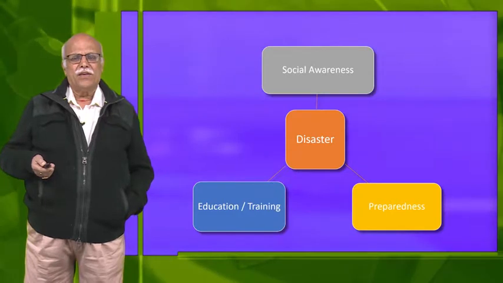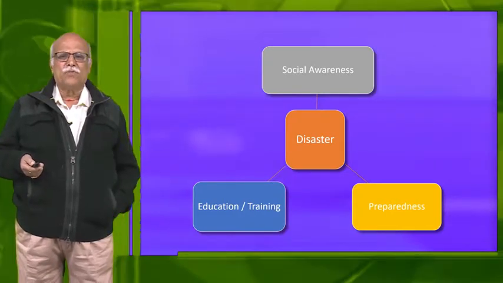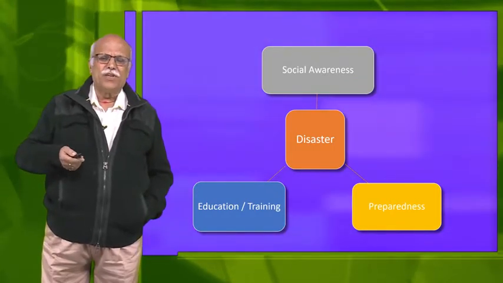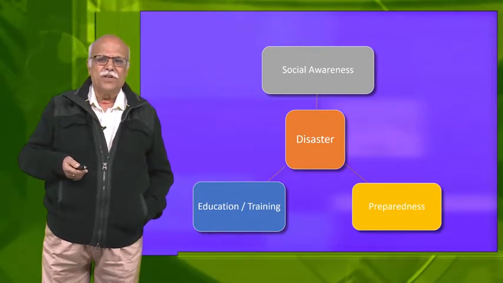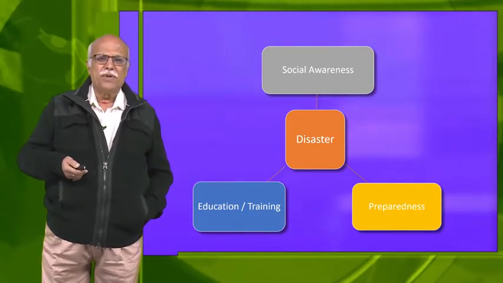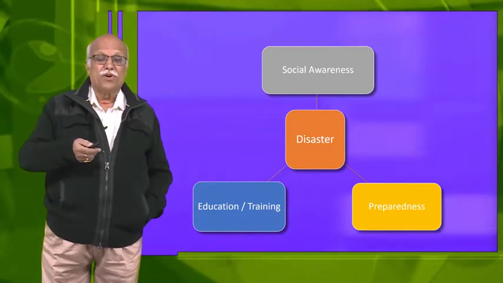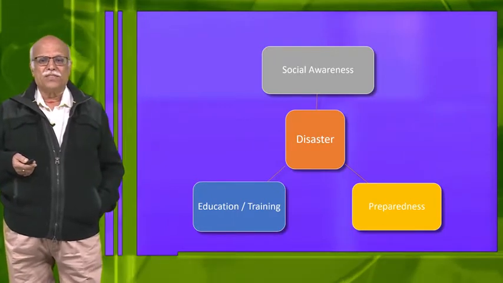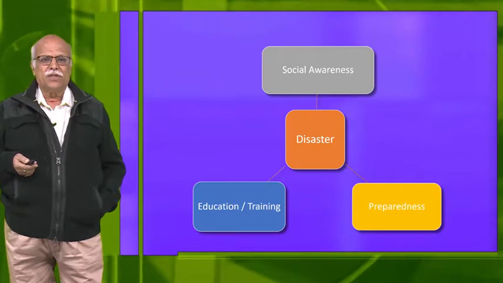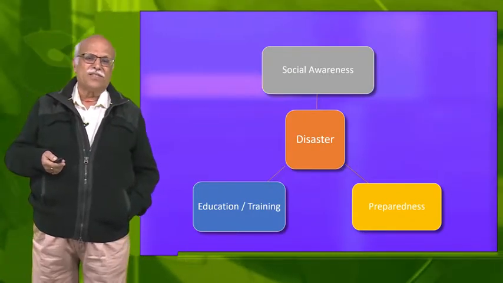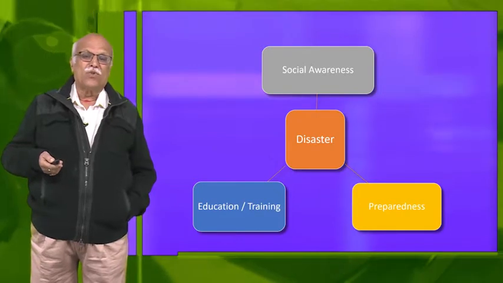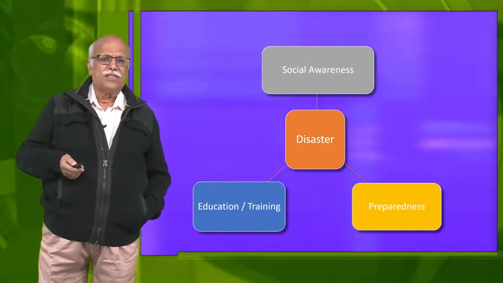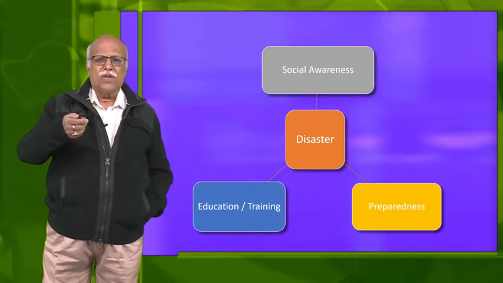Let me tell you one thing, if you become a first aider or if you become a rescue person, you need not wait for a disaster to take place. In a given area, in your family atmosphere, in your community atmosphere, you will be a better citizen. You will be able to help people around by doing something which they cannot do because of your skill. So that is why I say the more you train and coordinate during pre-disasters, this makes you that much more perfect during a disaster. In other words, you become a better citizen than what you were earlier. So friends, this is the thing that you got to know about vulnerability analysis. But the most important thing, how to connect it up with you.